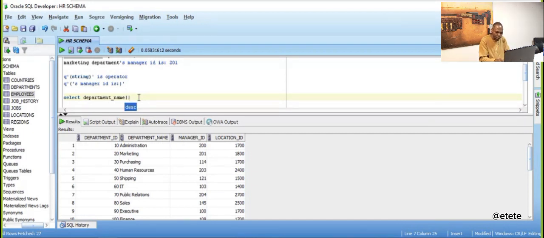concatenate. Then I will put the single quote. I'll put a space. Now I'm going to type this one, this department. I can write it differently, but this is how I want to write it: department. Then I will not put a space. All I will do is put this single quote, then I'll say concatenate,